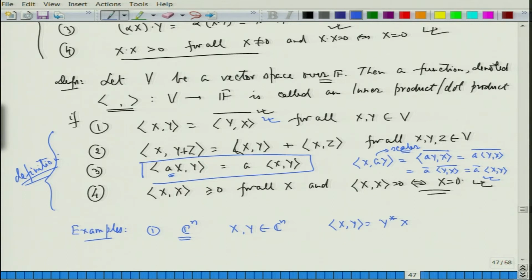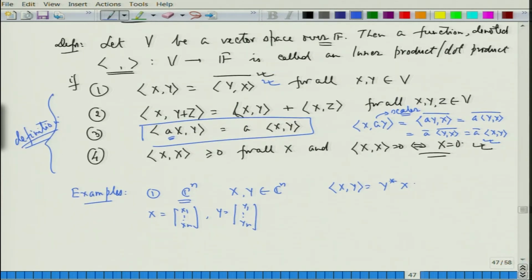So x here is x1 to xn, y is y1 to yn, they are complex numbers. So this will give me y1 bar till yn bar times x1 to xn, which will be nothing but x1 y1 bar plus x2 y2 bar